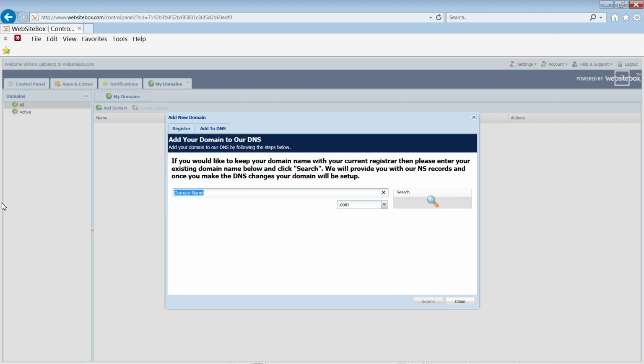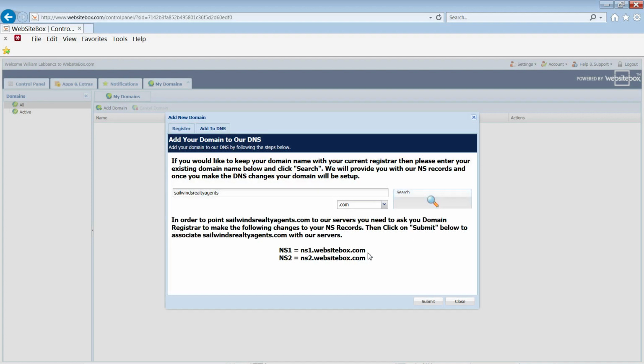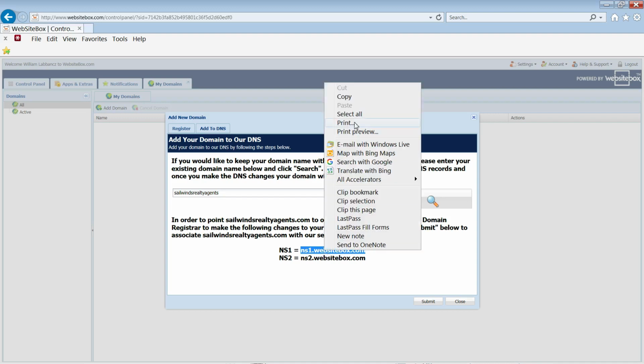Then you'll need to add in the domain name that you purchased from GoDaddy. So in our case, that is www.salewindsrealtyagents.com, and the .com, whatever your extension is, will be right over here. Select search. What this is going to do is it's going to provide us with the name servers. So right here, you want to highlight this section of it, not the equals and the NS1. Just take this section here, select copy,